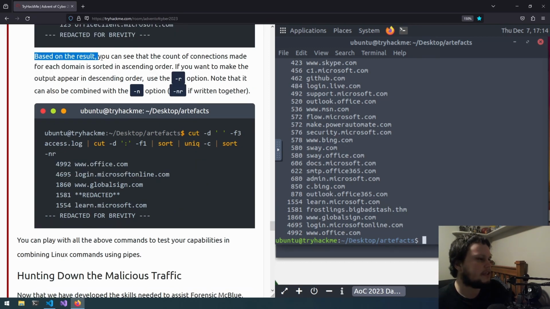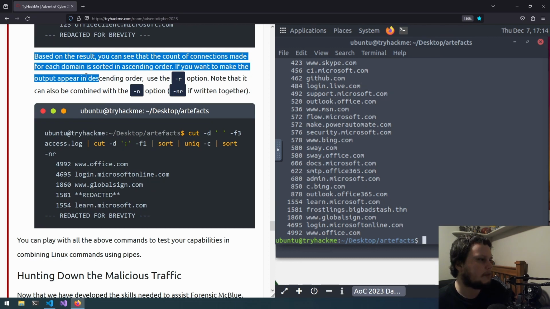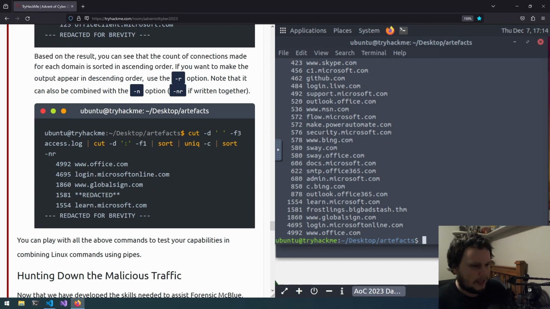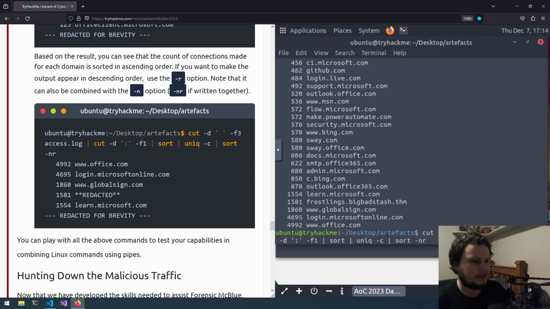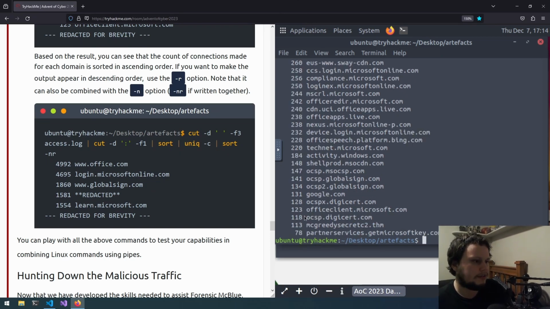So based on the result, you can see that the count of connections made for each domain is sorted in ascending order. If you want to make the output appear in descending order, use the -r option. Or you can just join it together as nr, which if we do here, now top is higher down to